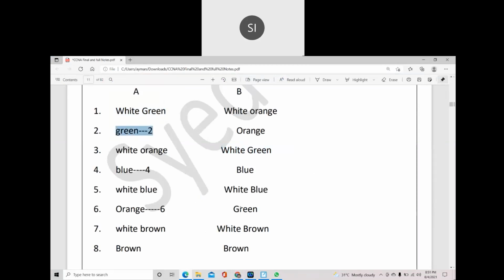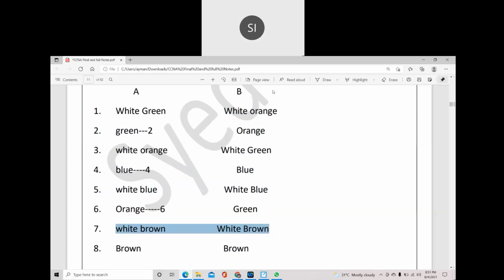Two is green here, and sixth will be green. Third you can see white-orange, here I'm getting white-orange. Here orange, orange, and 4 and 5 will be the same. Voltage plus, voltage minus, both ends will be the same. And the dummy pins on both ends will also be the same. So this is a crossover cable.